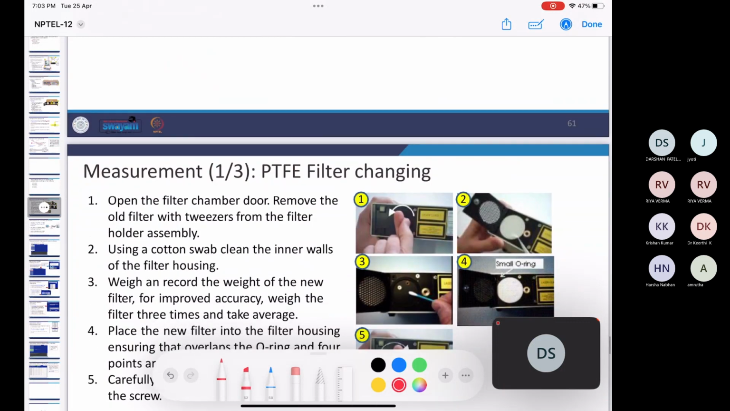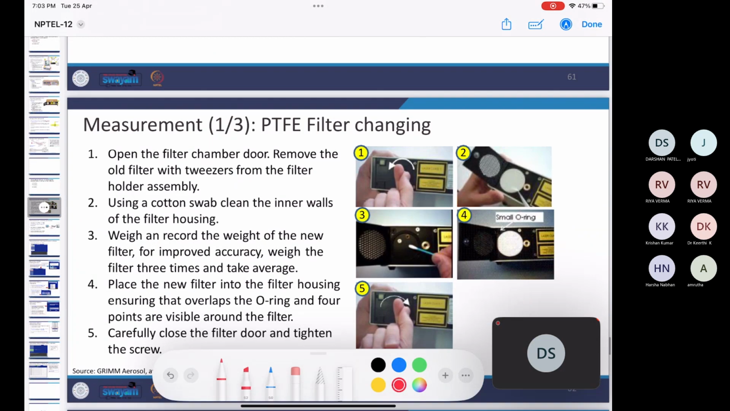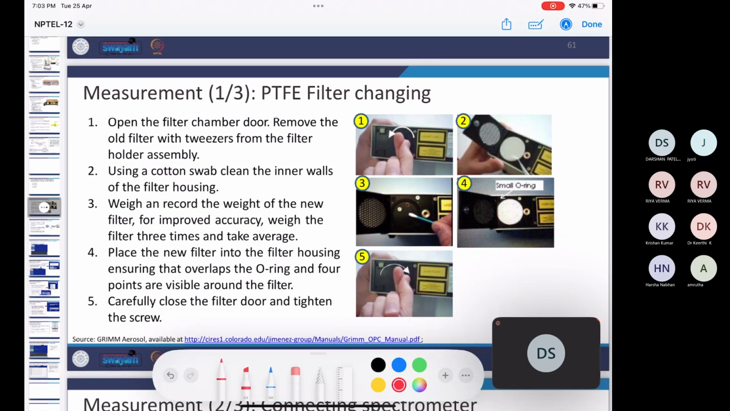Then using a cotton swab, clean the inner walls of the filter housing. Weigh and record the weight of the new filter for improved accuracy. Weigh the filter 3 times and take the average. Place the new filter into the filter housing, ensuring that it overlaps the O-ring and 4 points are visible around the